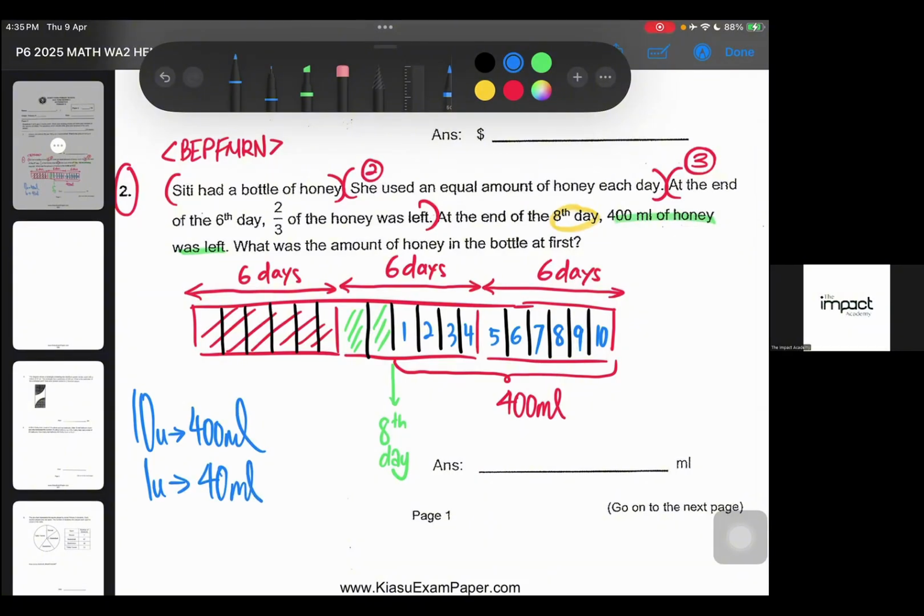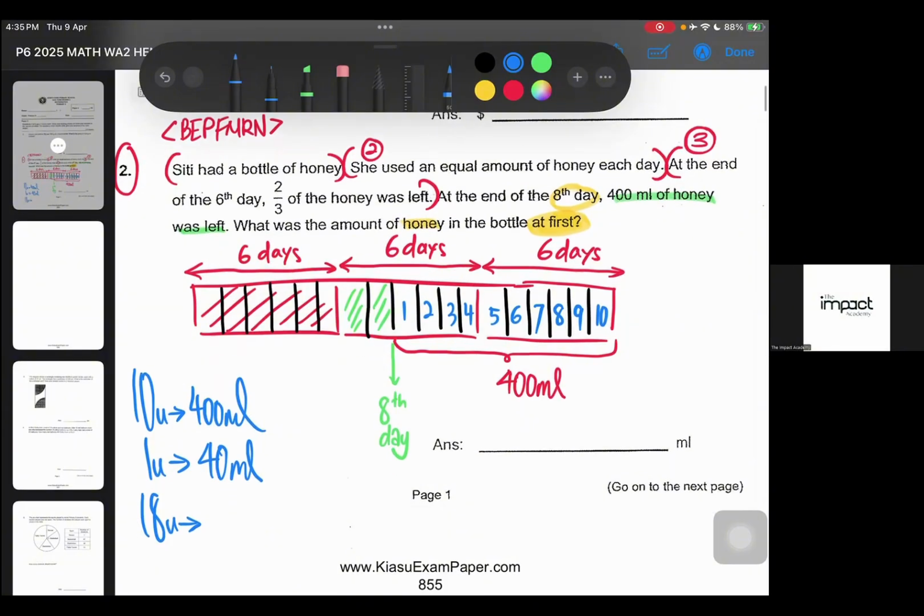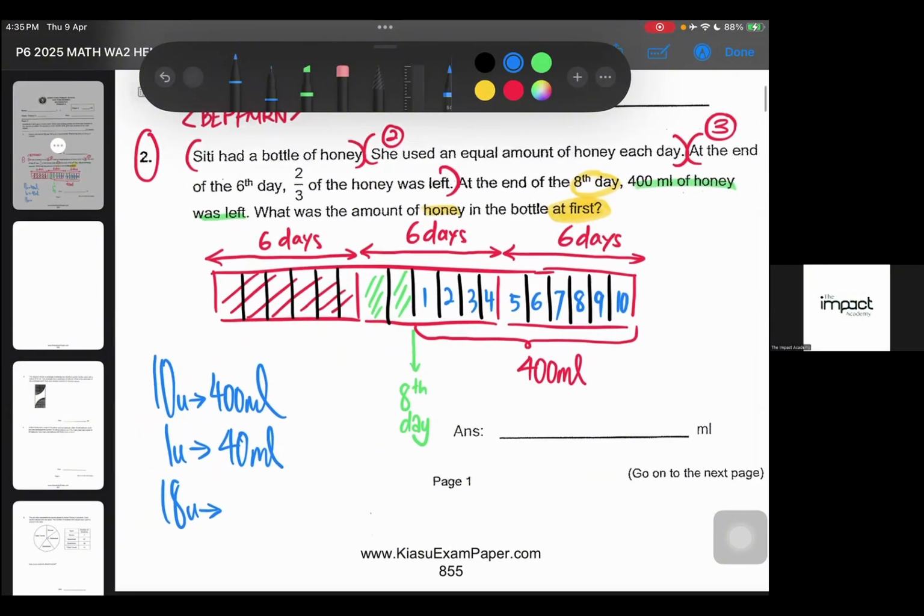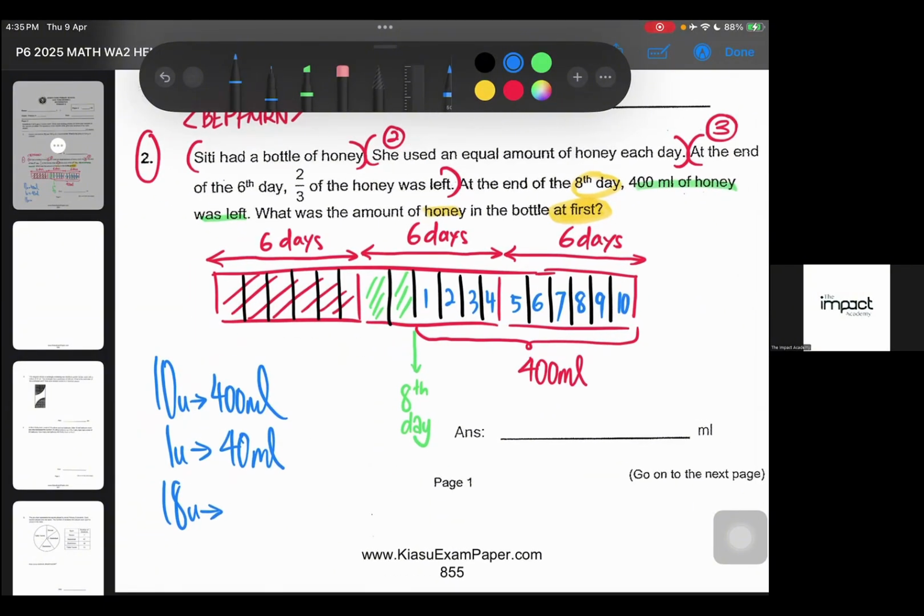Okay, what am I supposed to do? The question asks us to find how much honey was in the bottle at first. Well, at first is actually from where to where? At first is basically everything over here. So if it's everything, we know that it's 18 units, right? Because 6 days is 6 units, so in fact one bar is how many